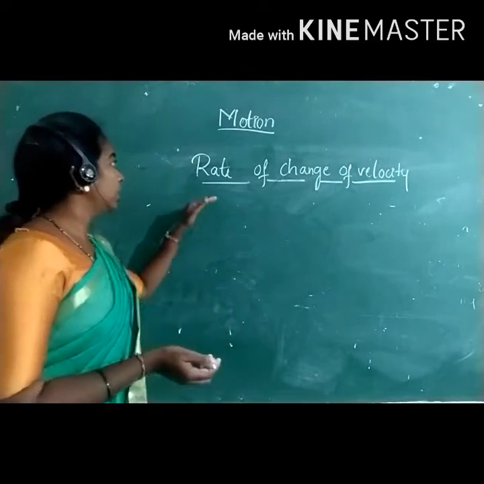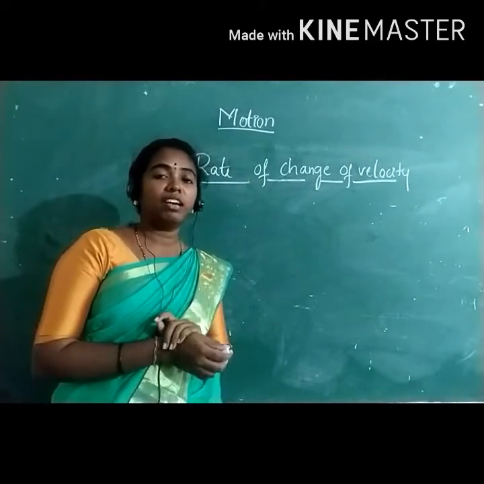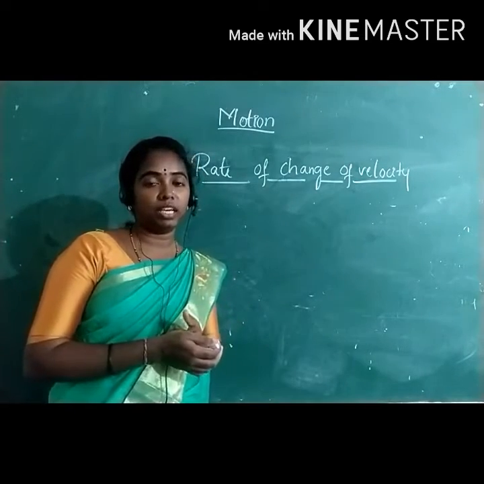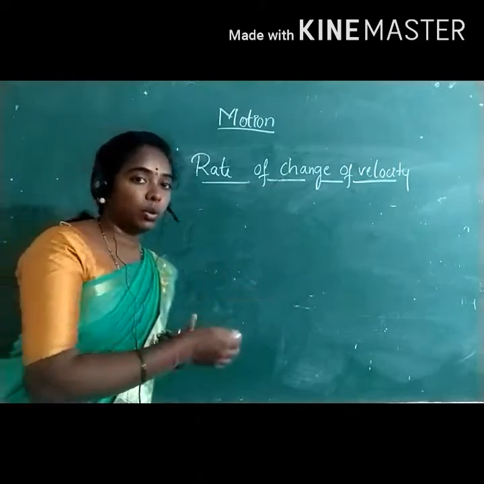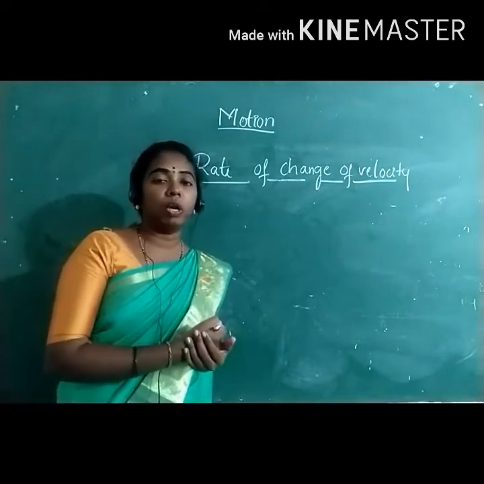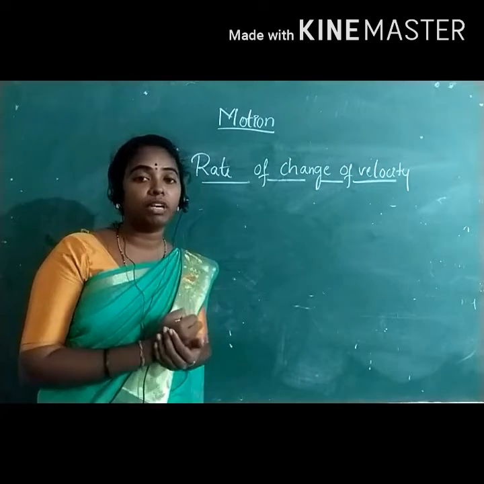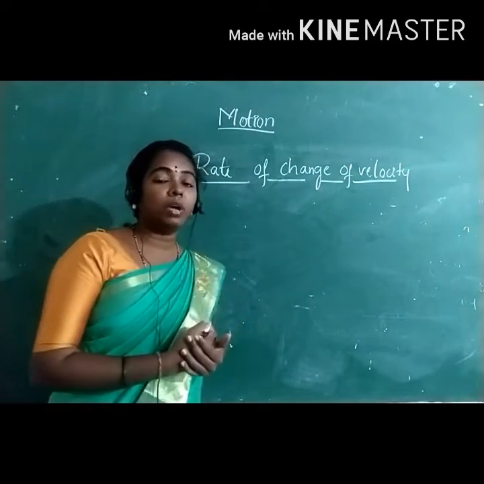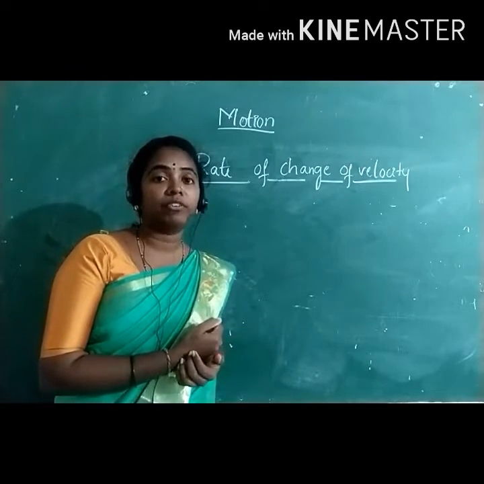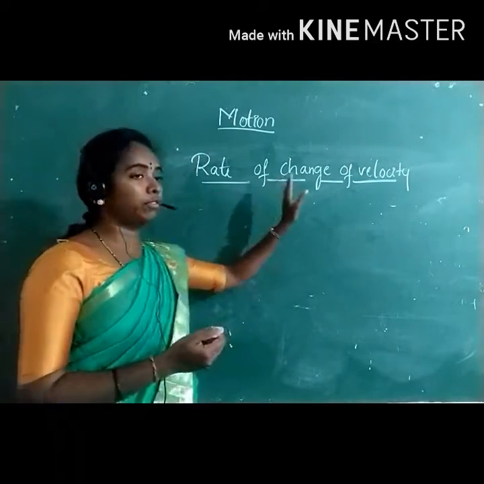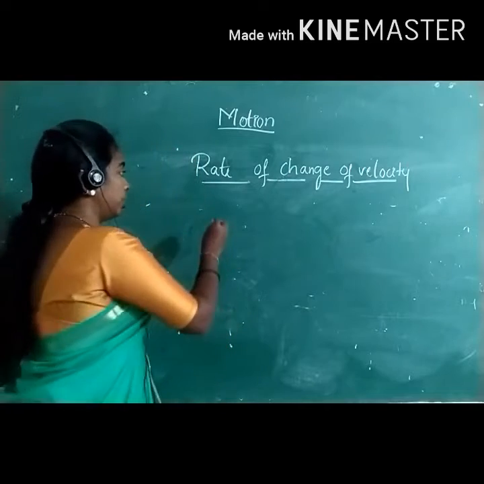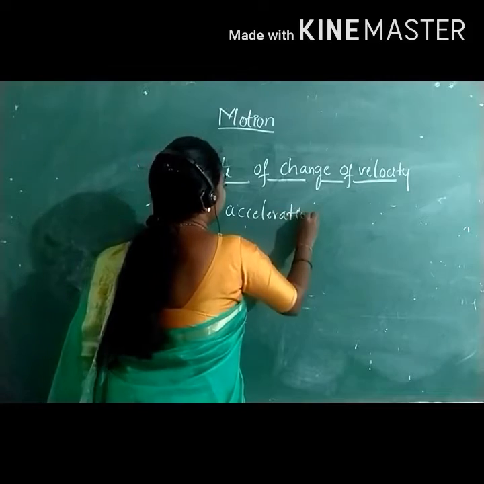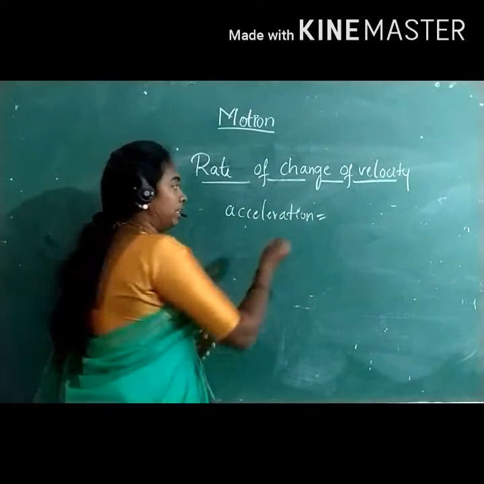Let us know about rate of change of velocity. When a body is moving in a straight line with variable velocity, it may increase its velocity or reduce its velocity. If it increases its velocity by equal amounts in equal intervals of time, then we speak about the rate of change of velocity. Rate of change of velocity is given by acceleration, and the acceleration formula is